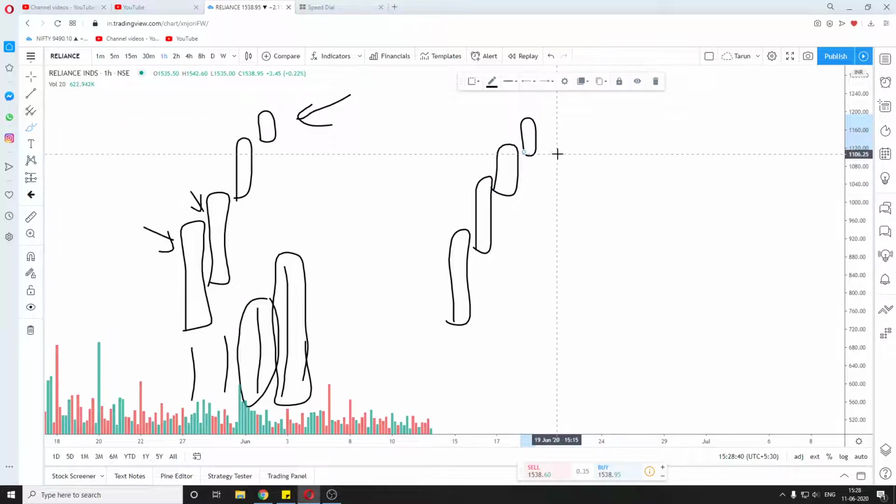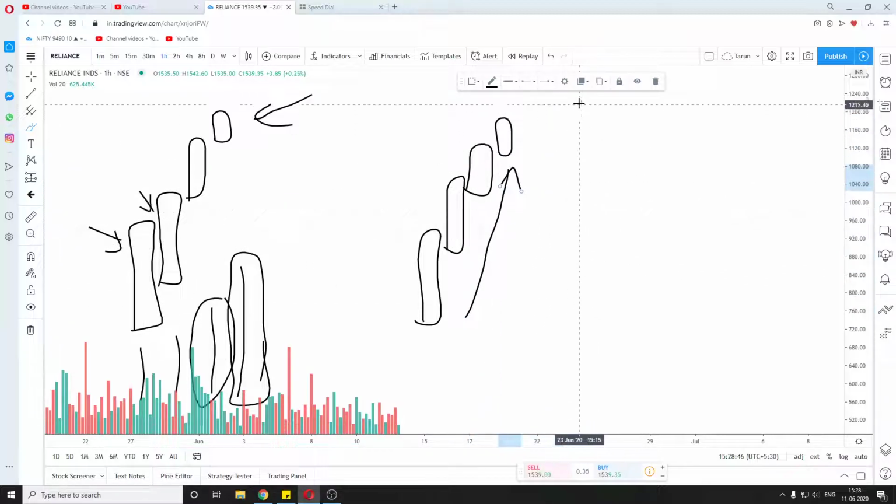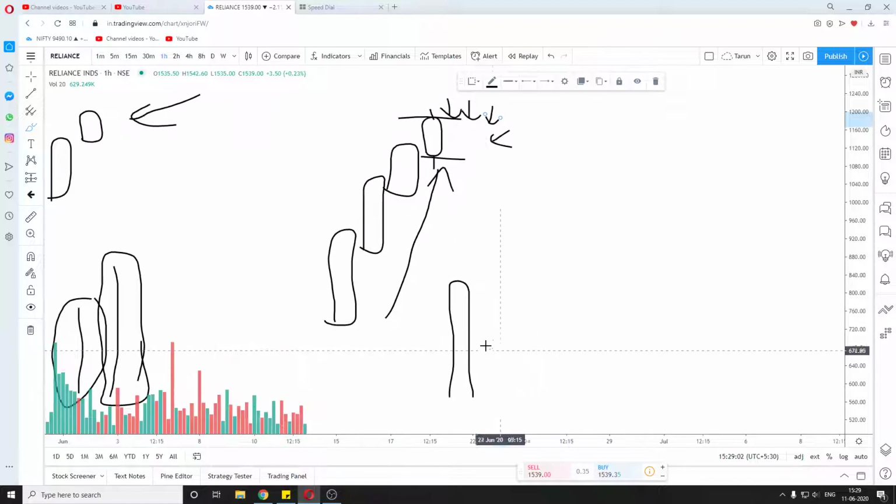So this could mean that the retail traders, after seeing the previous action, are ready to buy and they are putting in a lot of buy orders and there is a lot of buying pressure. But the price spread of this candle is very small, and the volume is huge. This means that someone is selling from the top. That is why the price was not able to move much higher.